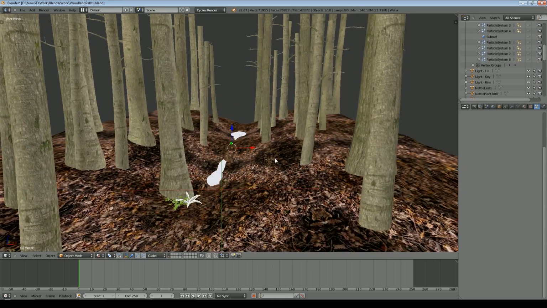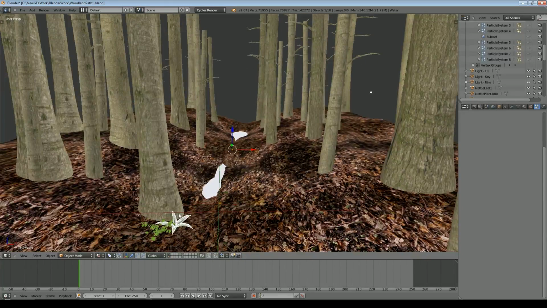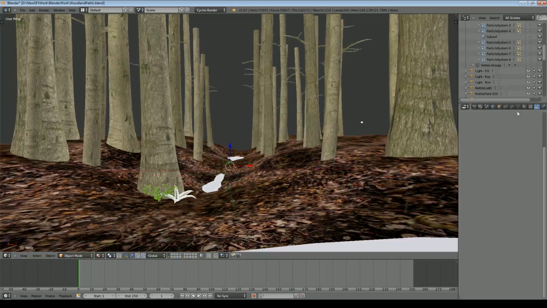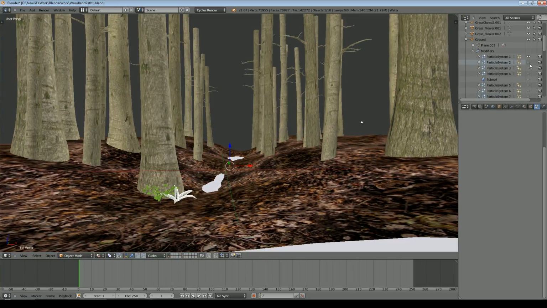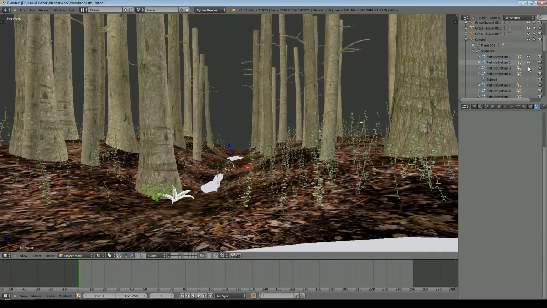I did create a plane down here which I made work like water, which I've done in other tutorials, essentially just a flat reflective surface, and then I added a couple of trees in manually, without using particles, and then started to add a lot more particle systems. So for example, if I turn this particle system on, it'll take a moment to update because there's a lot of vertices in there. I will go into this in the next part of this tutorial. You can see that's added a load of plants there. I also added things like stones. So you can see what tends to happen is as you add more and more particles, it will work, but it can take quite a long time to update, as you can see.